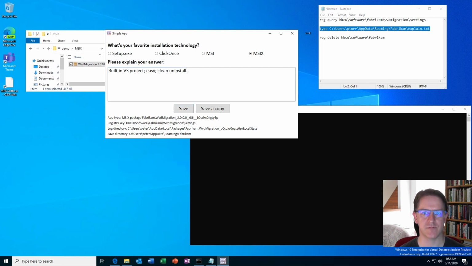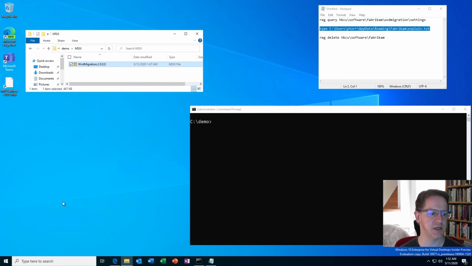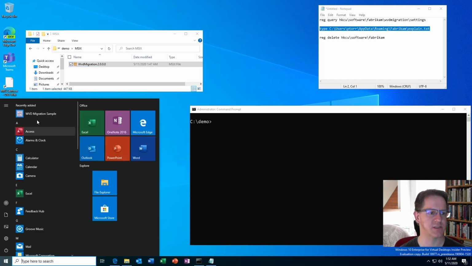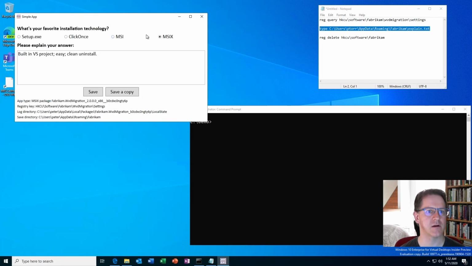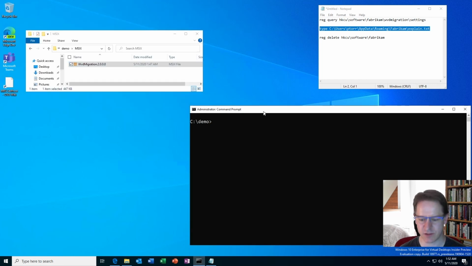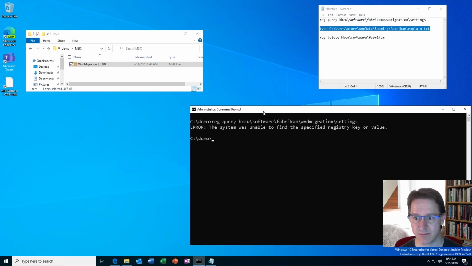I'm going to hit save. We're going to close the application and open it again, just to make sure it's saved by settings. Right, it's saved. MSIX, it's saved, built-in project, easy, clean uninstall, etc. And if we go ahead and look at those places again, the registry key still doesn't exist, and the file